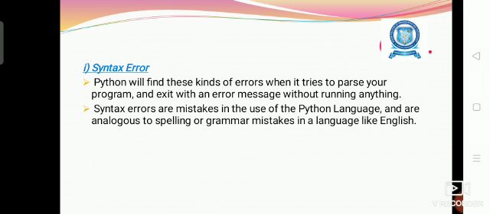Then def will be the keyword we use for the function definition. So when we make any spelling mistake or some mistake in the common structure of the program or the general keywords in the program, the syntax error will arise.